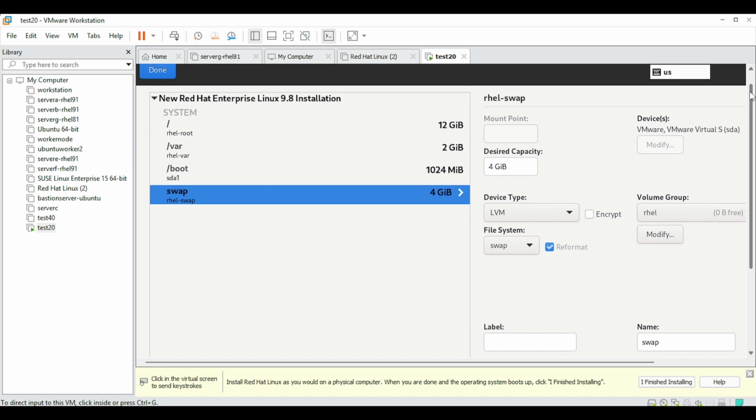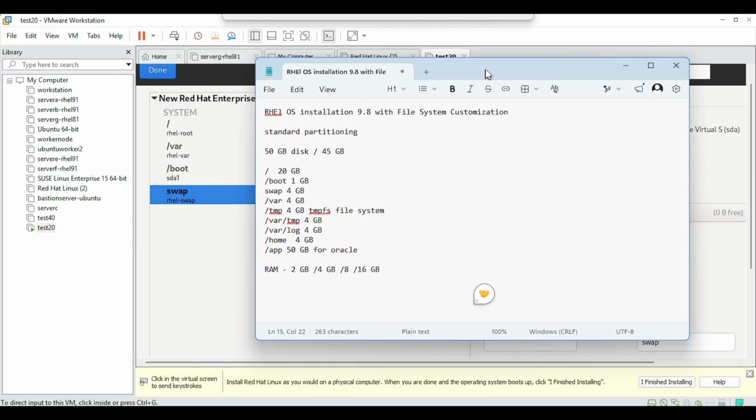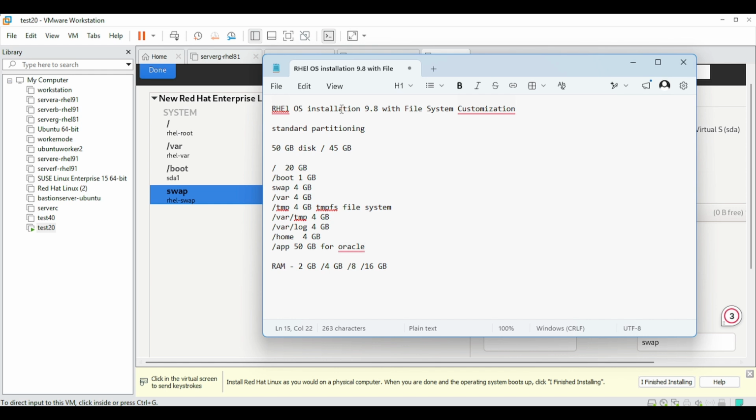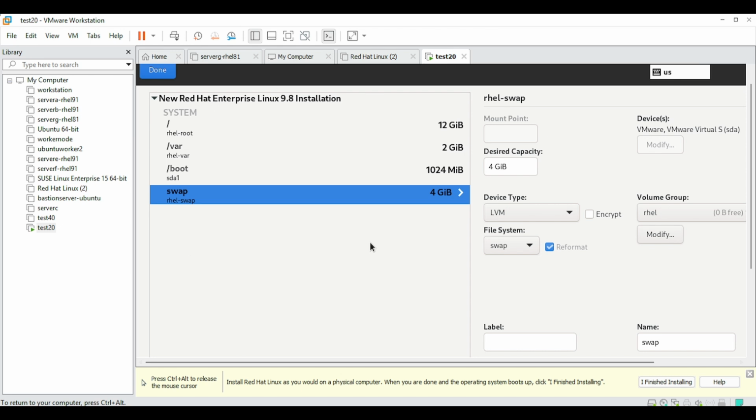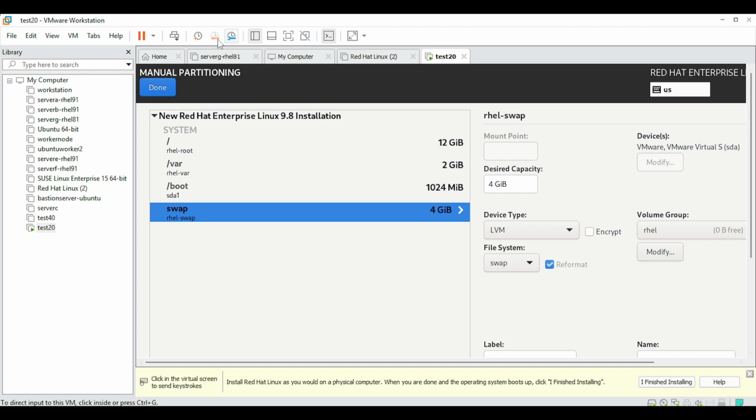So /boot, swap, /var partitioning like this. Again I am repeating: /boot, swap, /var, /tmp, /var/log, /home, /app are required accordingly. But due to less space on my system, I will manage only with this. So it is done.